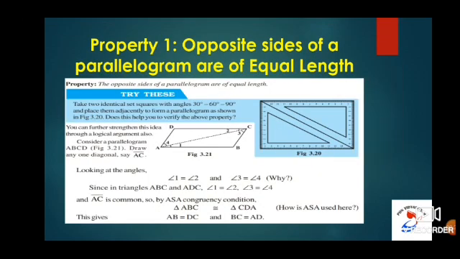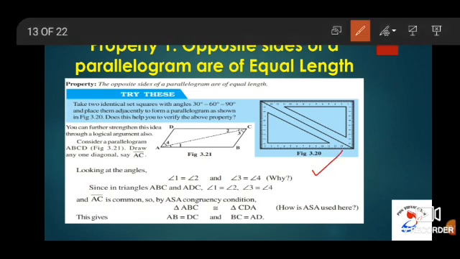Now we have an activity to try for proving that opposite sides of parallelogram are of equal length. You can just try this. You can take two set squares of angles 30, 60 and 90, place them adjacently to form a parallelogram as shown in this figure, and you can see whether the opposite angles are equal. And one more thing, here look at this figure. You can also prove that the two triangles, triangle ABC in this figure, and triangle CDA are also congruent to one another.